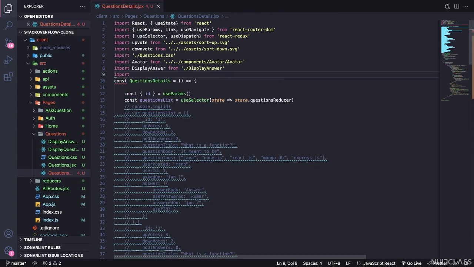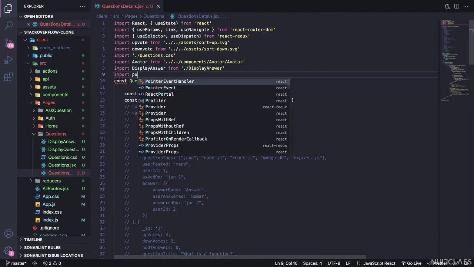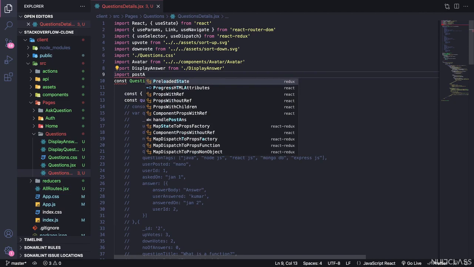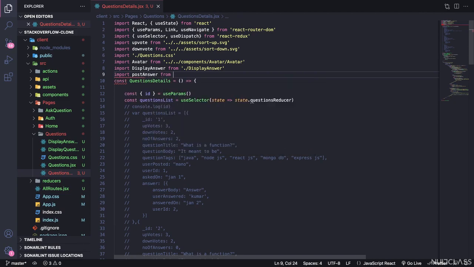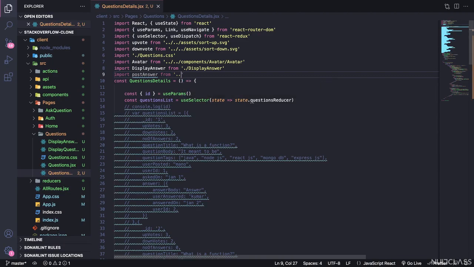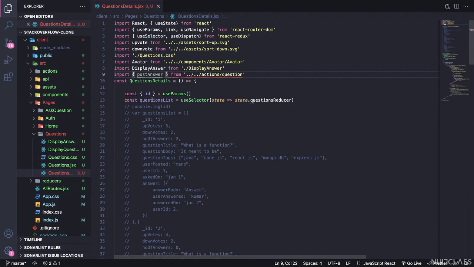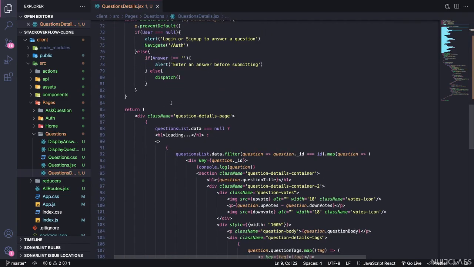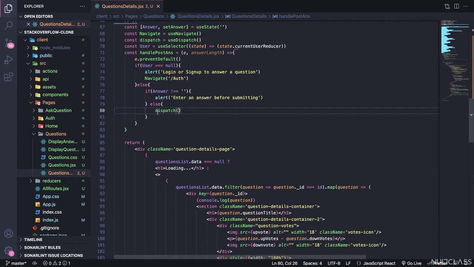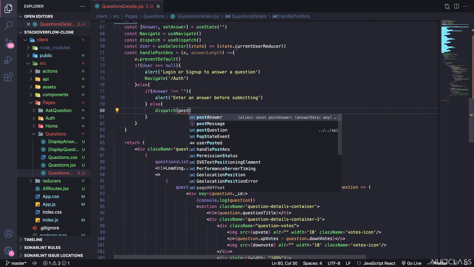So import postAnswer, this is going to be from ./actions/questions. This is not a default export, so we're going to have curly braces. So we will pass this postAnswer,